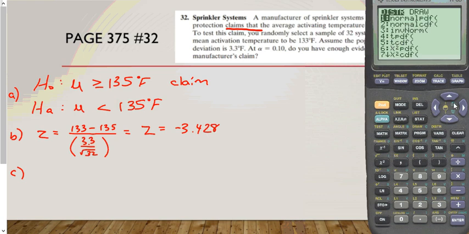Got to go to normalcdf, and we'll use negative 99999, comma, negative 3.428, comma 0, comma 1. There we go. Now you can see it has this E here again. That's scientific notation, and that's going to mean then that our P is equal to about